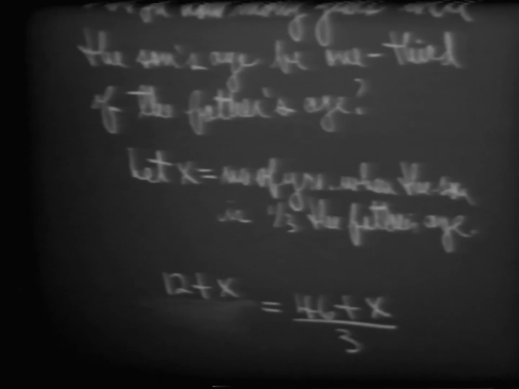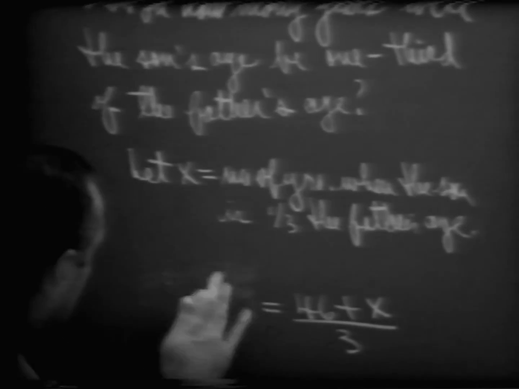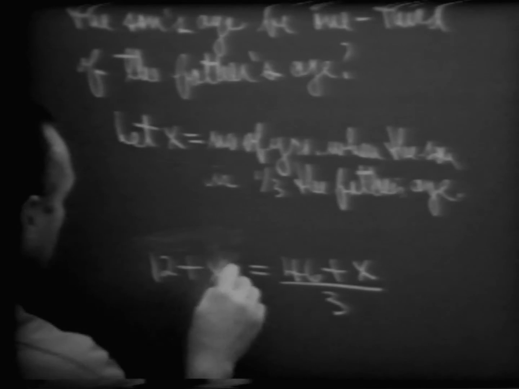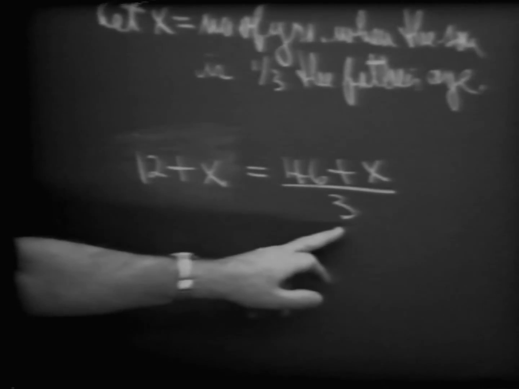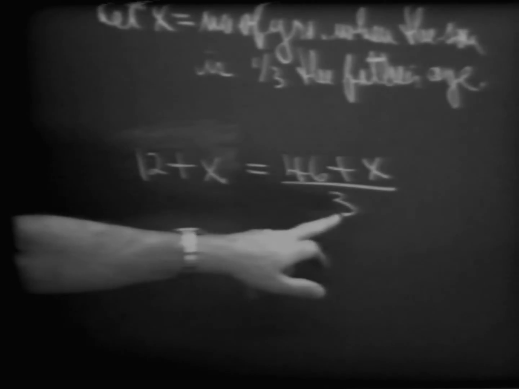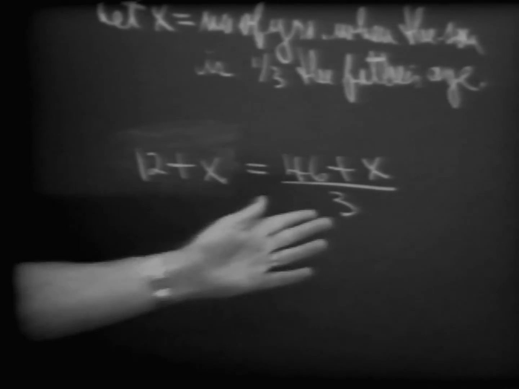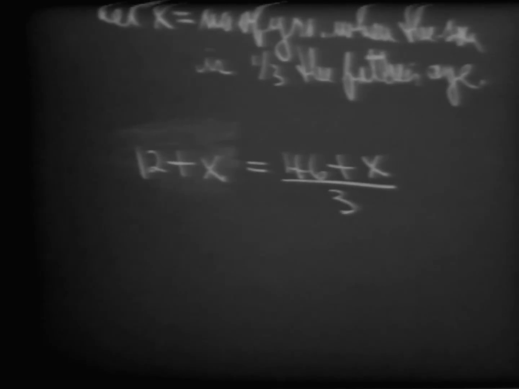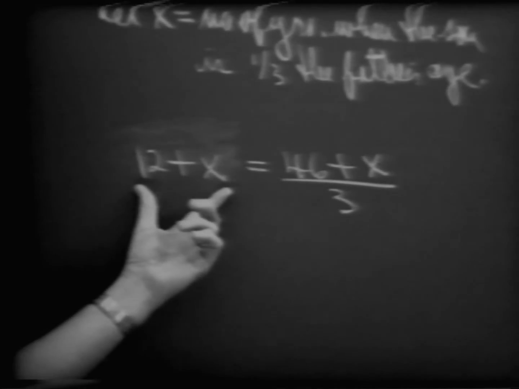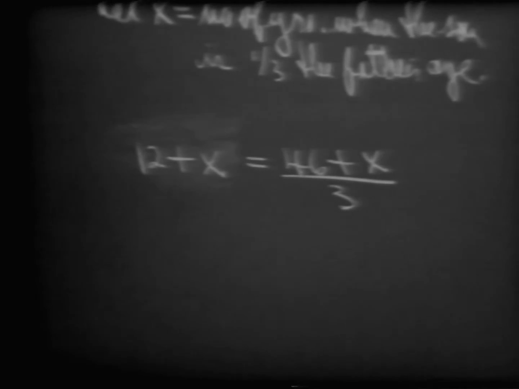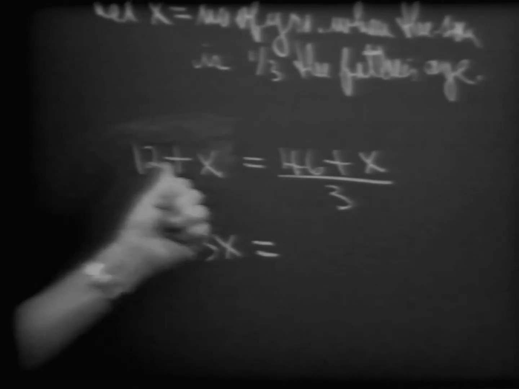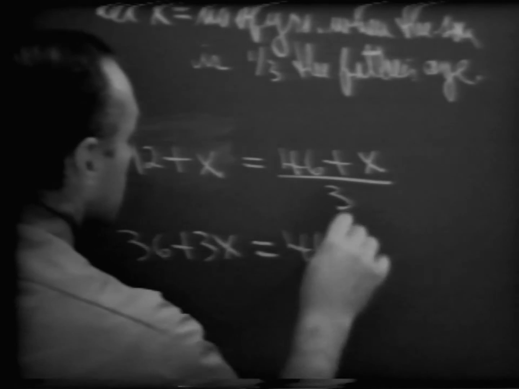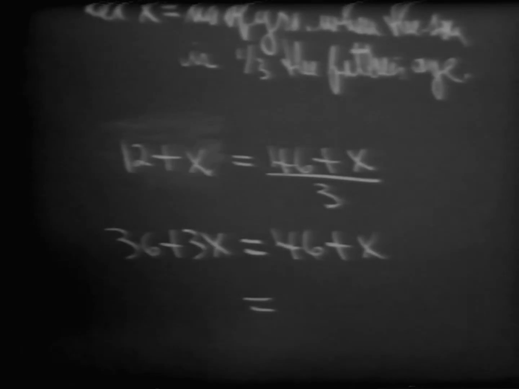Is that right? Well, our equation is a little bit, here, let me then put this on the same line. We have here 12 plus X is equal to this expression. Now, for the first time, we have a number in the denominator in an equation. So we want to get rid of this number 3. And in order for us to get rid of it, since we are dividing, Kirby says, multiply by 3. Multiply what? Both sides of our equation. So we have to multiply this by 3, and we get 36 plus 3x. And remember, that's your distributive property, which says 3 times 12 plus 3 times x is this, okay? And of course, on the right-hand side, we have 46 plus x, all right, is equal to,